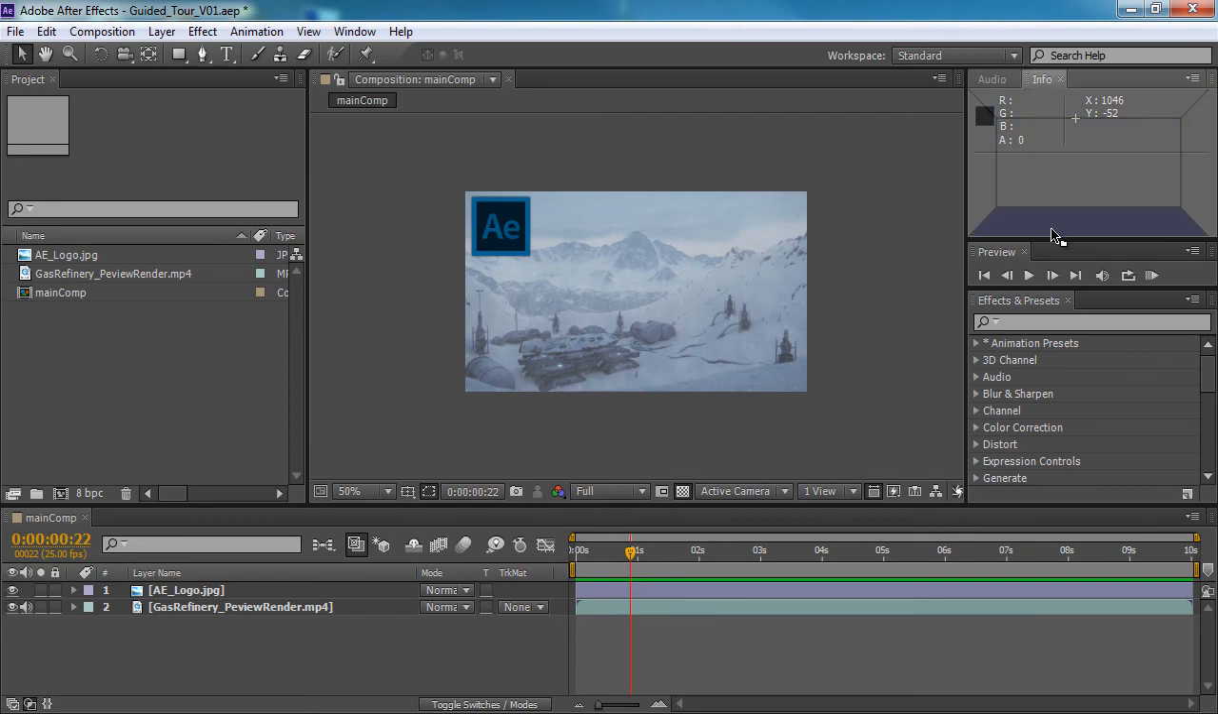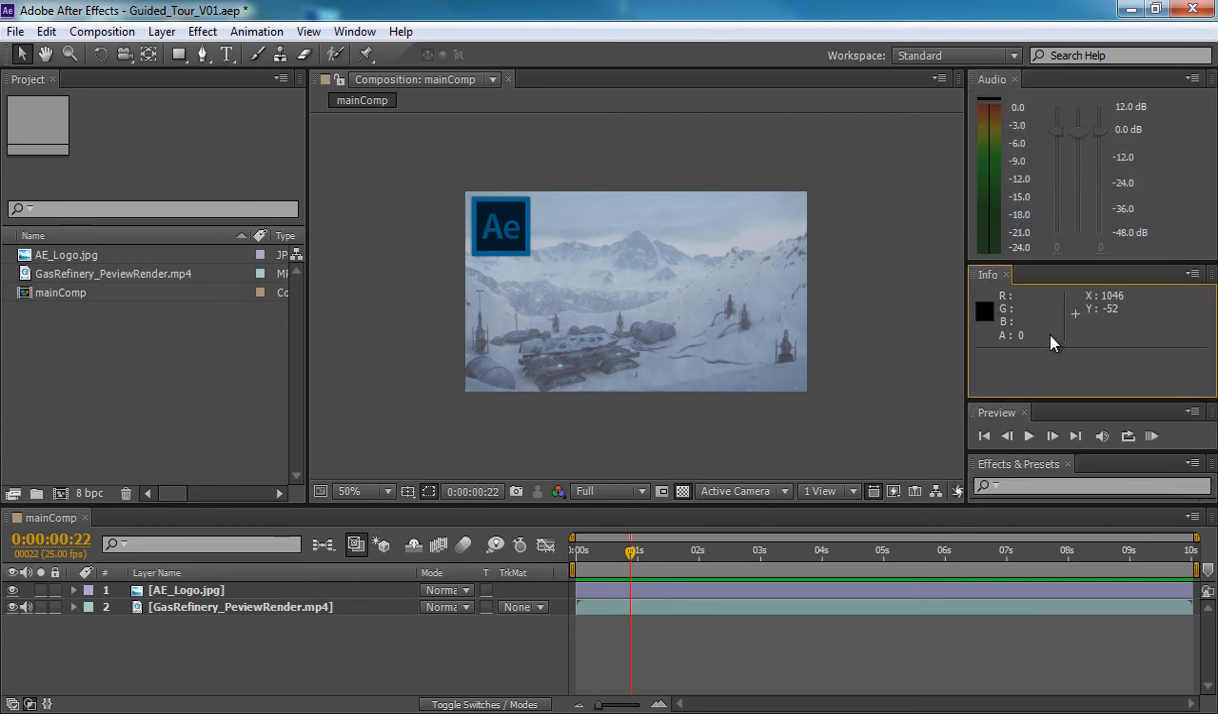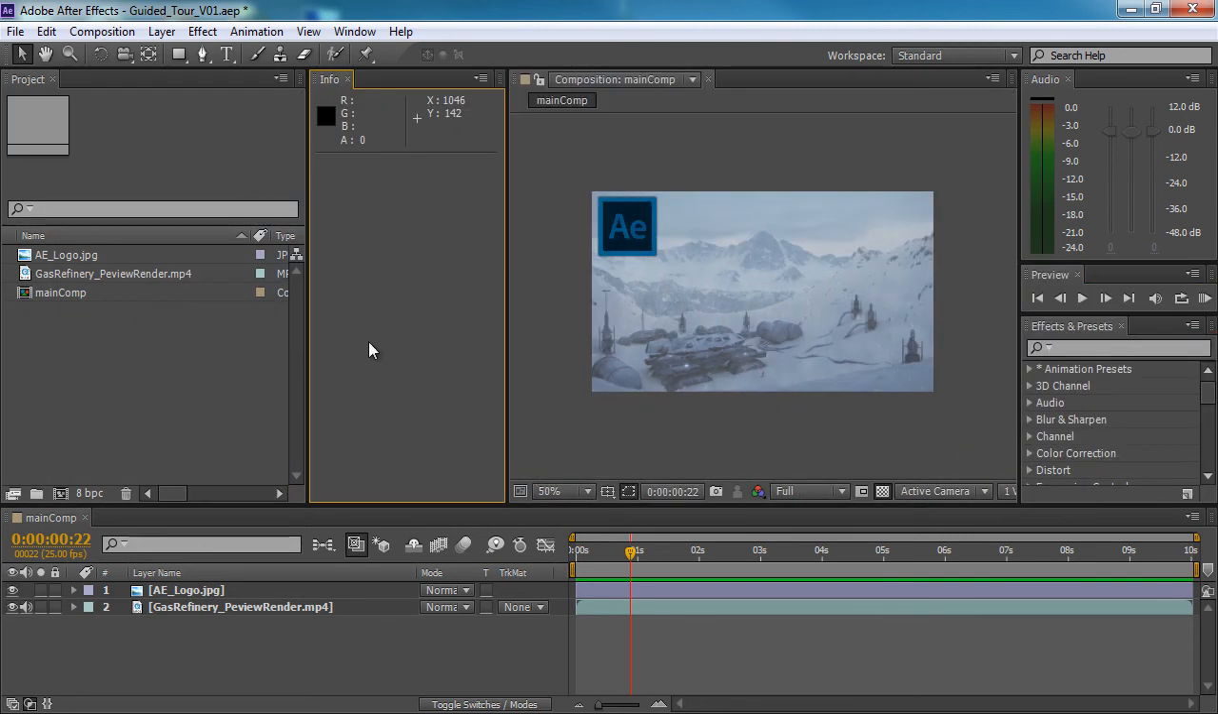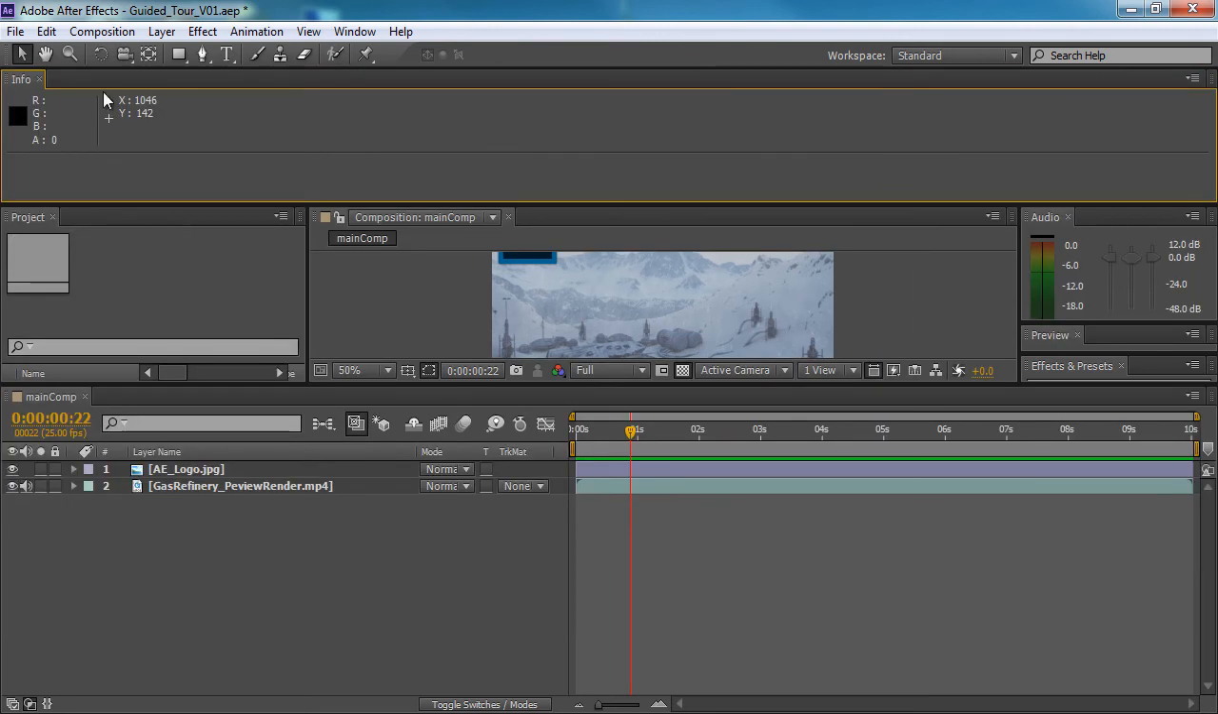If I grab this and place it at the bottom, then I now have these top and bottom. I can also grab this and pull it over, say, here, and now I have it between these two here. So it's important to understand how this process works because it really does affect the way you work in After Effects to really maximize how to get your workspace as productive as possible. I'll just place this one back